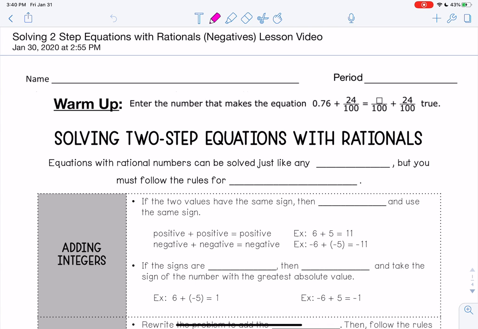The warm-up says enter the number that makes the equation 0.76 plus 24 over 100 equal to some mystery number over 100 plus 24 over 100 true. All right, so there's a couple of ways to think of this. The first way is, we know that this 24 over 100 is this 24 over 100. And then that means that this 0.76 needs to be converted to a fraction with 100 on the